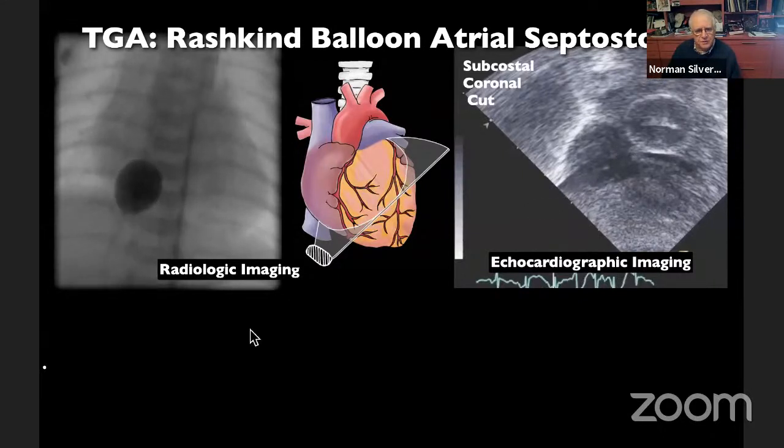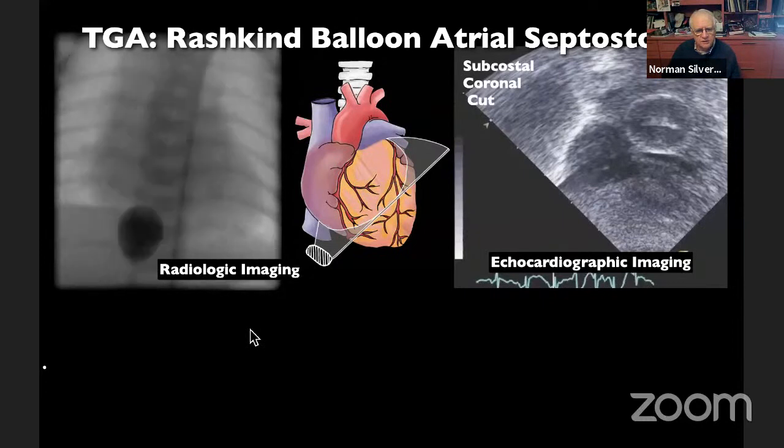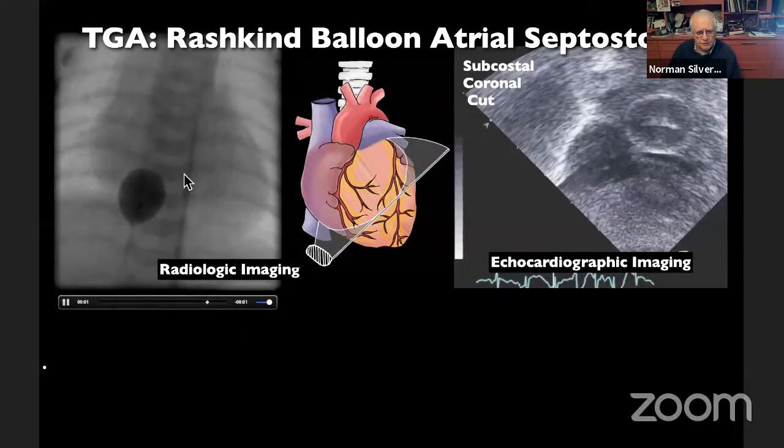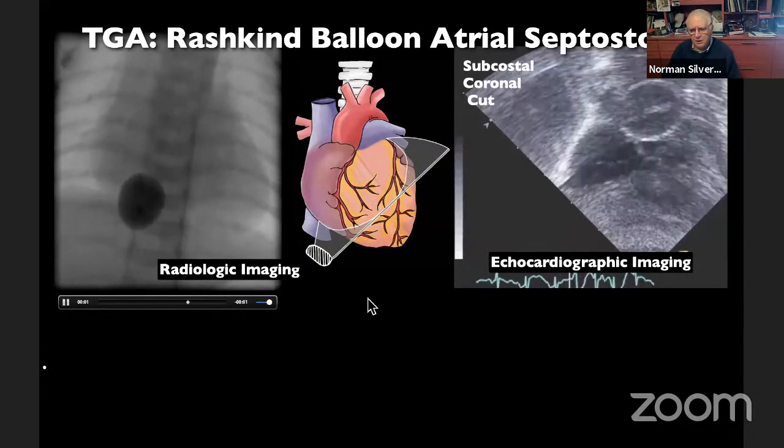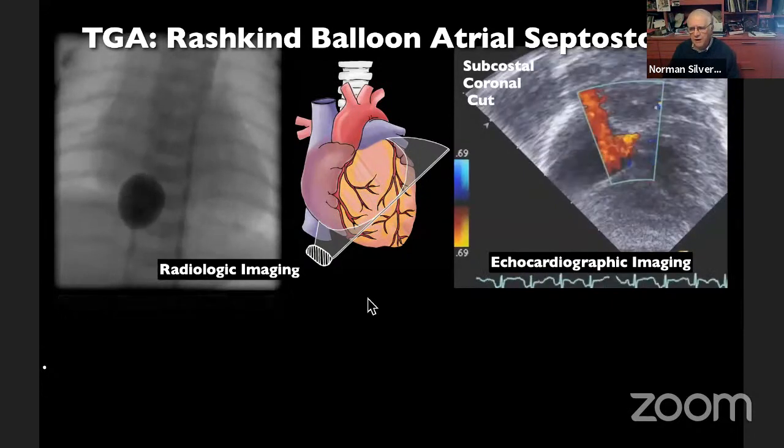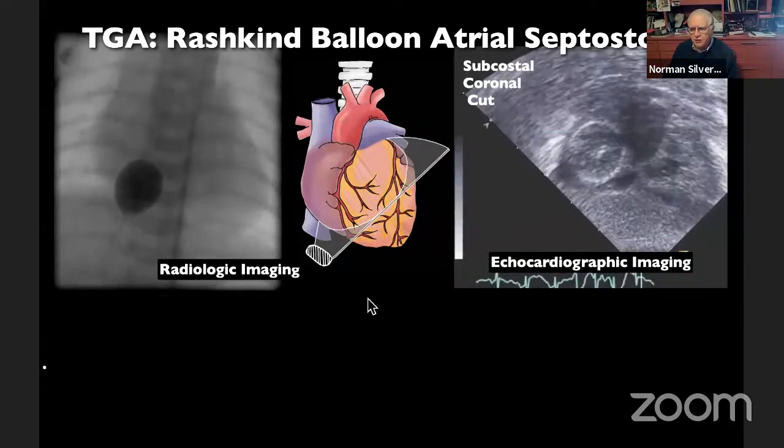And I'll just repeat this again and again so that you can see a good balloon tear with a short jerk and the catheter almost obturating the origin of the inferior vena cava. And you can see the actual force which ruptures septum primum over here. And here is the echocardiogram, which shows you the same features.